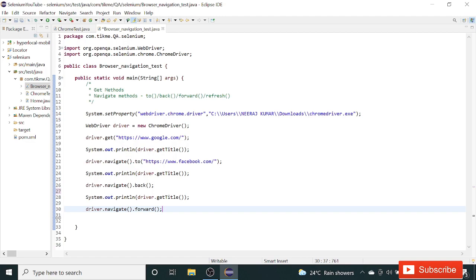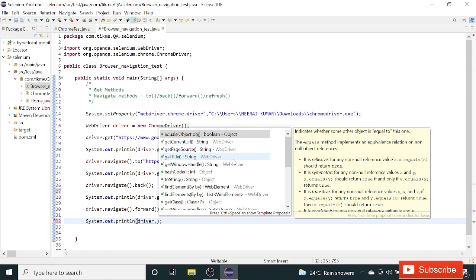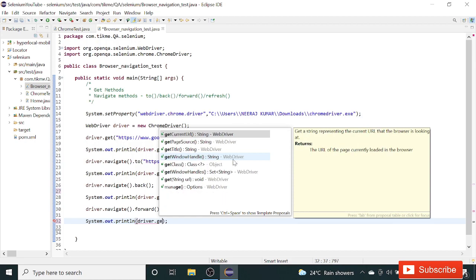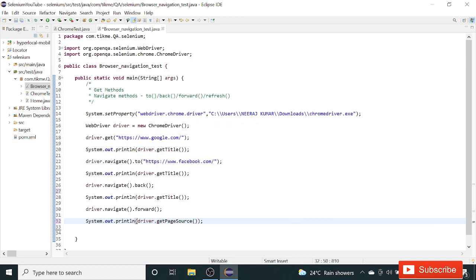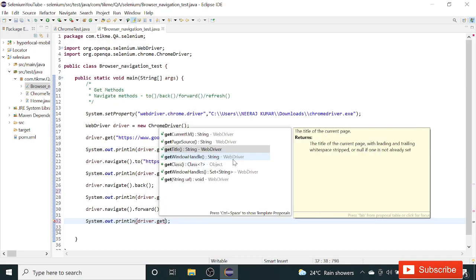So let's again print the title of the page, driver.getTitle.